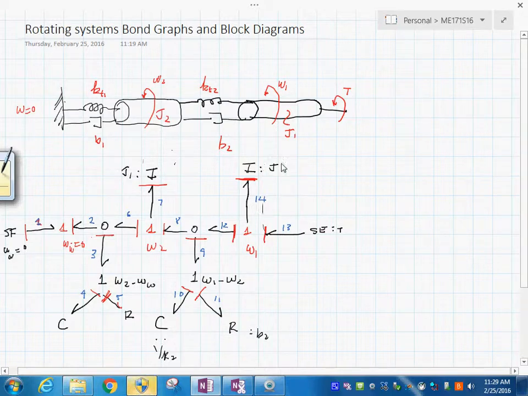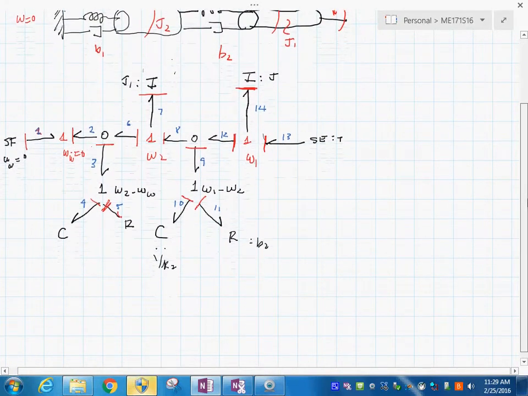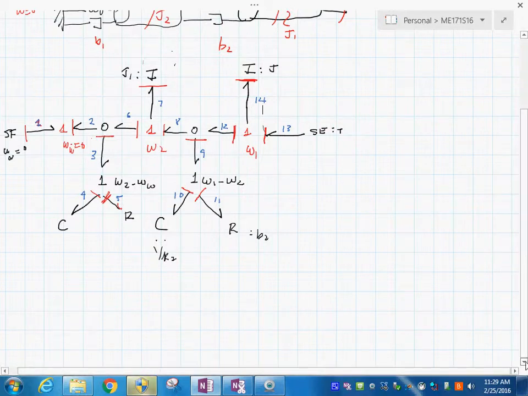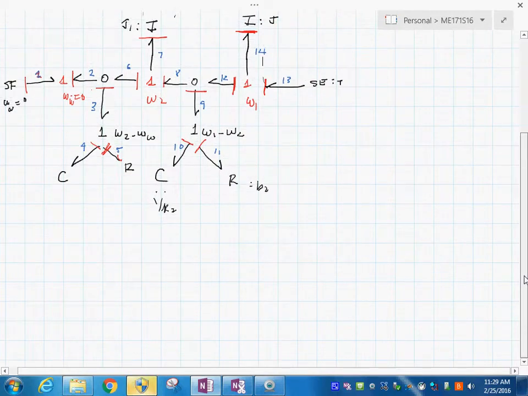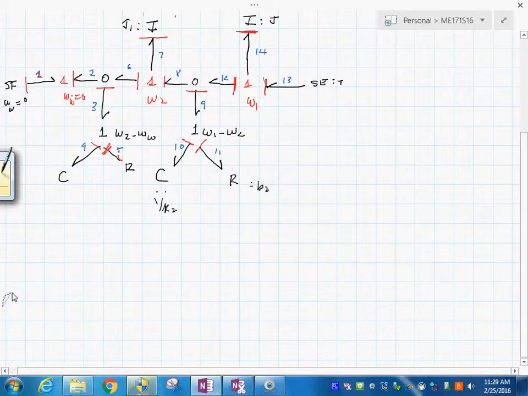I am going to first of all draw the structure of the block diagram. So we'll say, in here we need to put the structure, which are the junctions. Look, this is for the I1 in here. I'm just going to go, this bond is also like that. That corresponds to